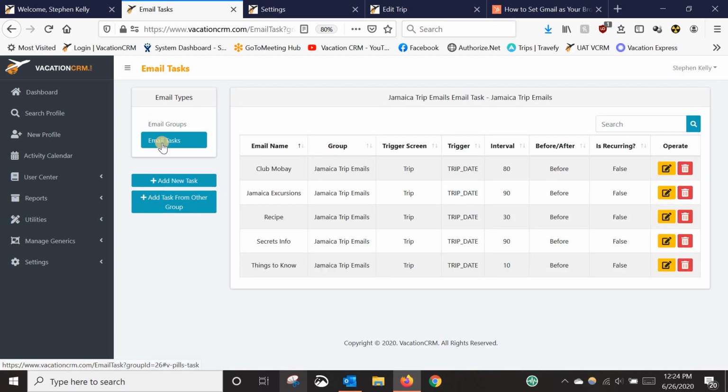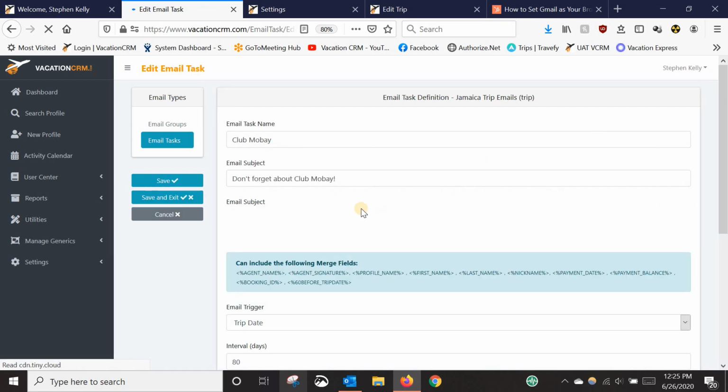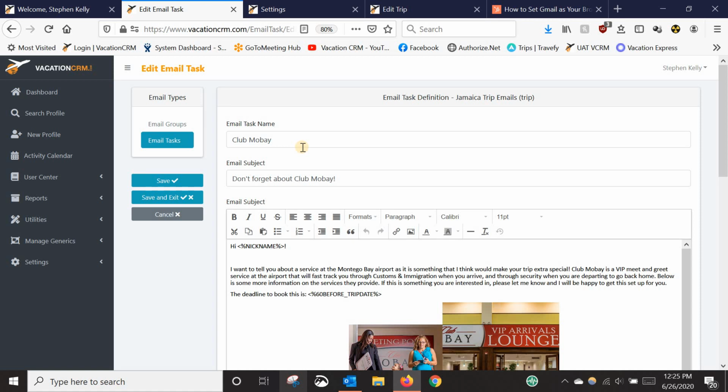So when I think of traveling to Jamaica, one of the first things I think of is Club MoBay at the airport. It's a great service. I do it every time I go there, and that might be something that you might want to tell your clients about. And maybe you don't always have time to tell them, or you don't always remember. So you could come in here and you could create an email task specifically for Club MoBay for your clients